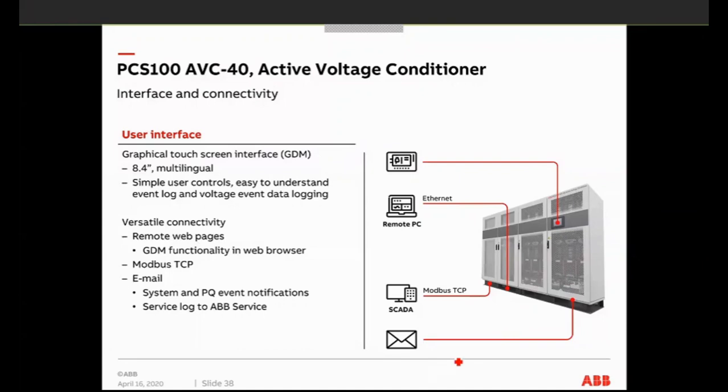Okay, so this is actually the ABB interface for PCS ABC40, and sooner we will connect it with ABB Ability ABCS. Okay, so it means that if it's connected to your ABB Ability ABCS, you can actually monitor your system, your plant performance everywhere you are, as long as you have the internet. Okay, so as a summary, PCS 100 ABC 40 is a correction of 40%